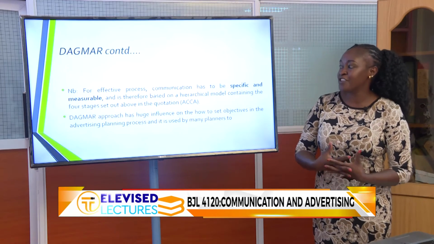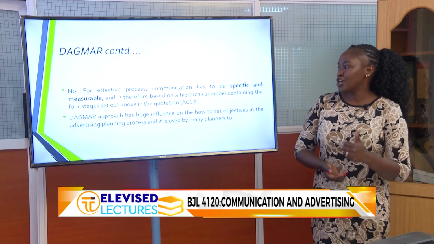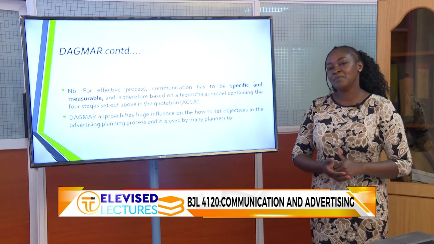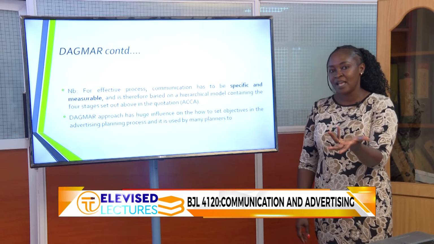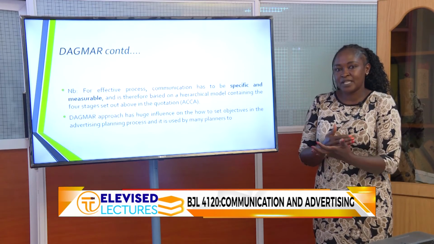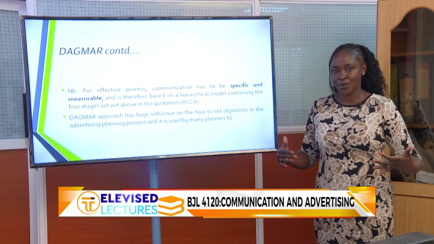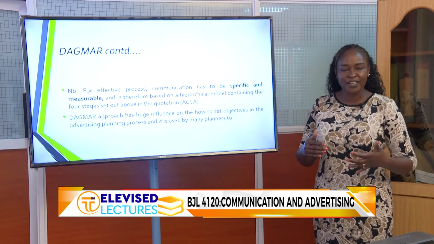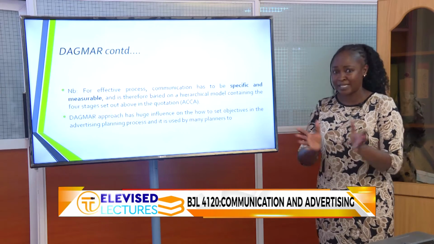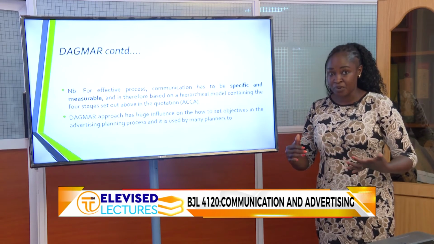Note that for an effective process, communication has to be specific and measurable. That is now where we see the measurable goals. The goal is the purpose. We say that the goals should be SMART, you know. The objectives, what do I want? It should be specific, exactly what do I want, not general. Measurable in terms of